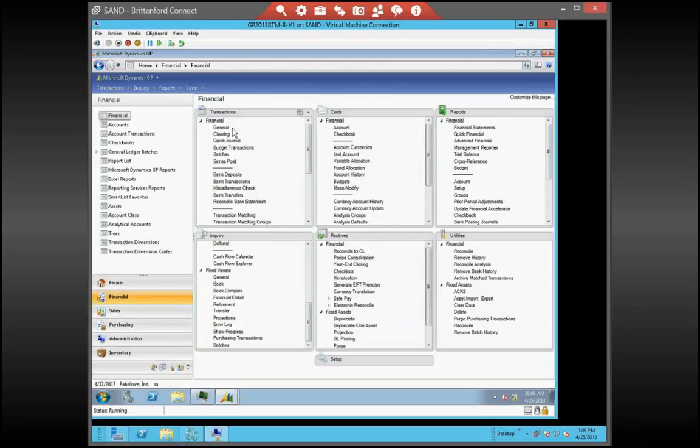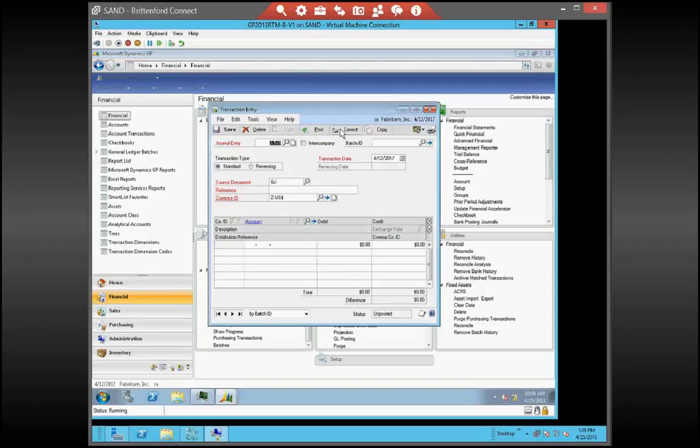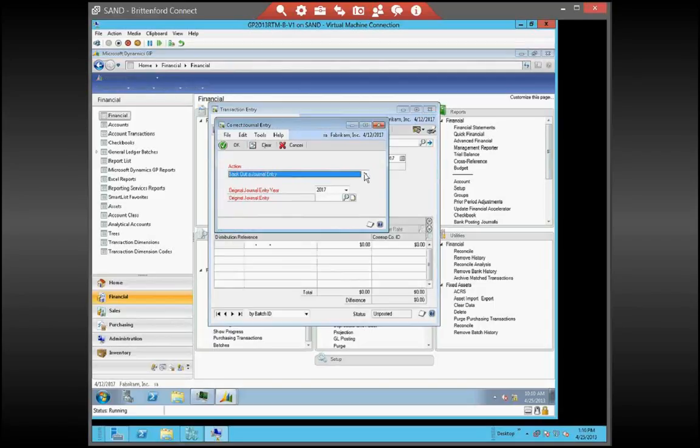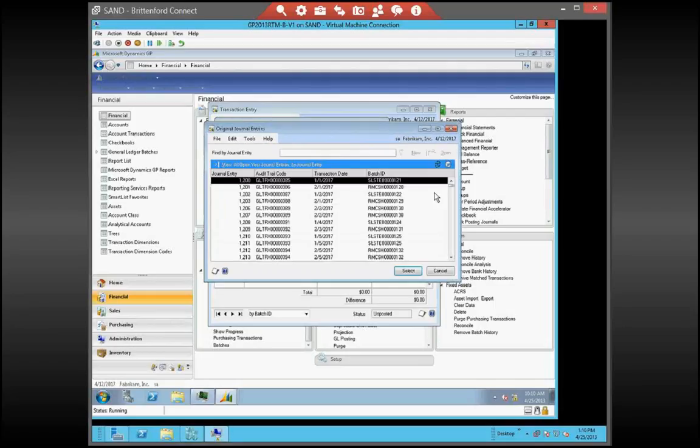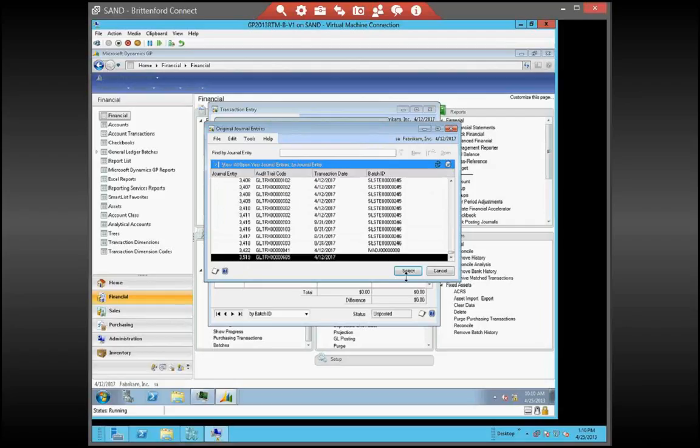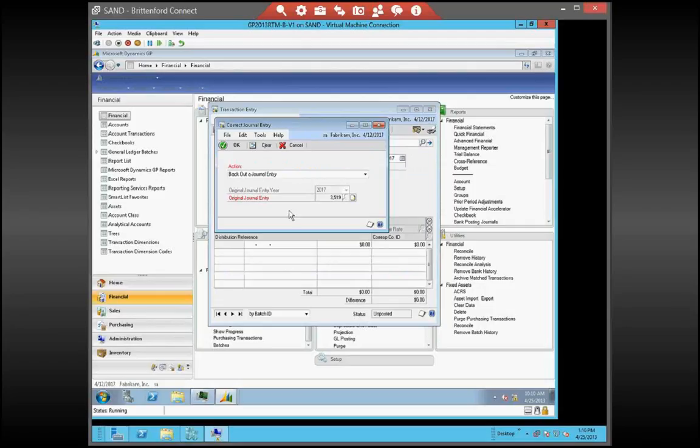Okay, now I'm going to go in and do a correction to that entry. This should be my last one right here. What I'm going to do is select my journal entry. There's several ways you can find your originating entry. I can either go to a smart list, or I can reprint the journal entry from a report, a cross-reference journal report, or